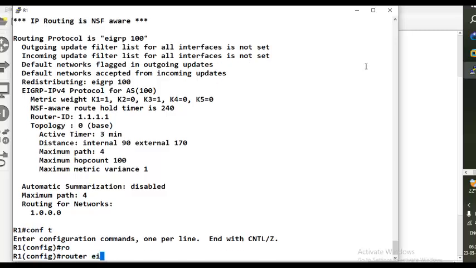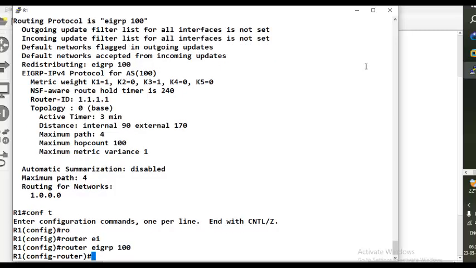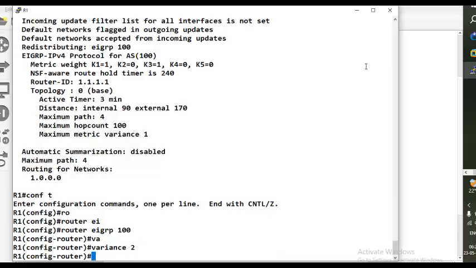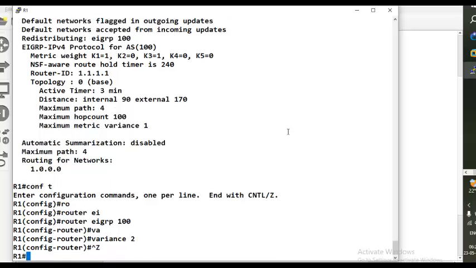Router EIGRP 100, variance 2. You don't need to say maximum paths 2 and all. The reason is that by default the maximum number of paths it can support is 4. After saying this,